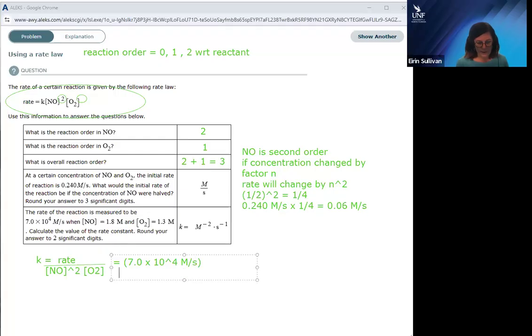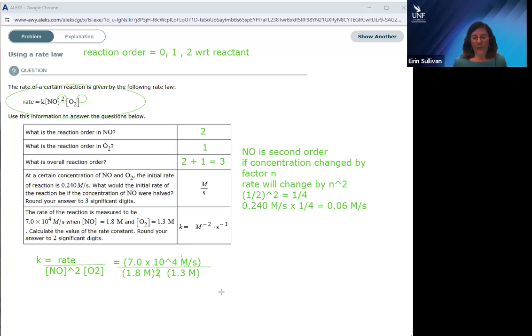And we're going to divide that by the concentration of nitrogen monoxide squared. So that's 1.8 molarity squared. Okay. So that's molarity times molarity. Okay. And then times the concentration of O2, which was 1.3 molarity. So in terms of units, what is going to happen here, don't even worry about the numbers yet. We've got molarity divided by molarity squared times molarity. So molarity over molarity cubed. Okay, so these guys are going to cancel out,